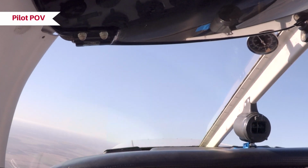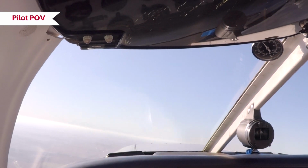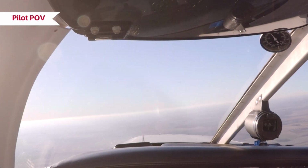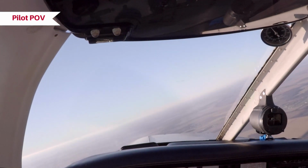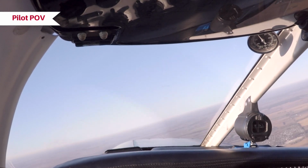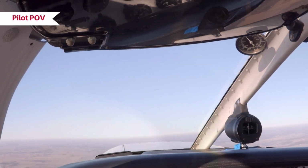So we're making a very shallow, gentle turn to the left. And we'll continue to make a shallow and gentle turn to the right once we've completed this one. We're a little hot, so we'll lower the nose and reduce power. And we'll start our turn back to the right. Again, it doesn't take much bank. The airplane turns very rapidly at this speed, even without much bank. We're going to roll out on our westerly heading,